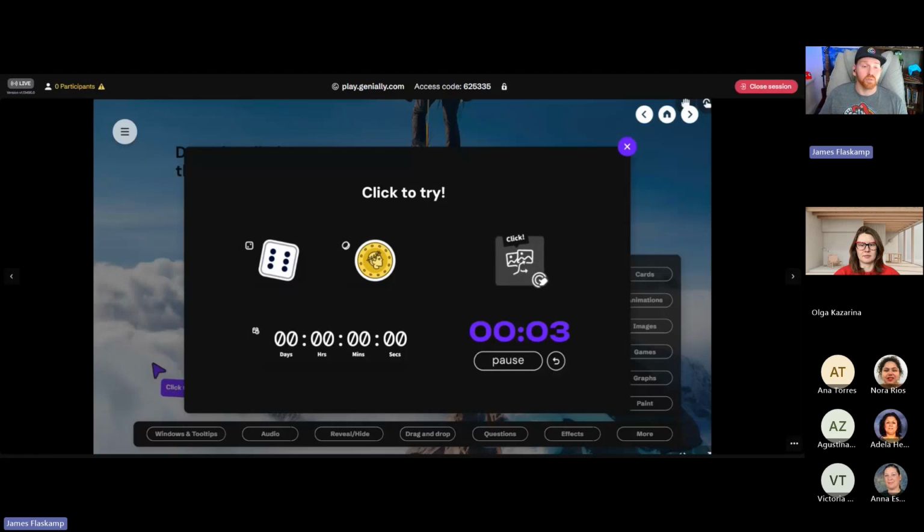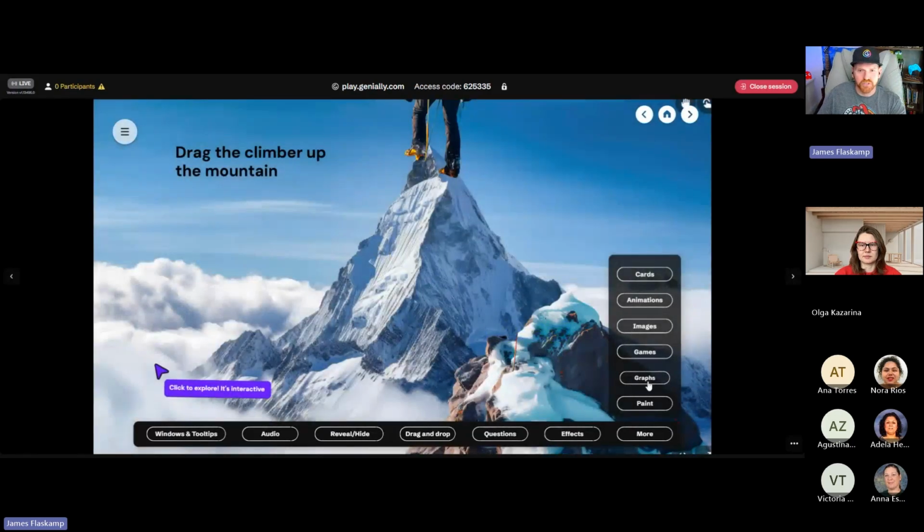Gamification is huge with our tool. I don't think there's any tool out there that can gamify the same way that Genially can. I mean, the interactivity is through the roof, and then we also provide a lot of things like what you're seeing on the screen. These are called widgets that we provide in our tool for you to be able to add gamification elements in, like a rolling die or a flip of a coin, a countdown timer, a random draw of something, right? We have all of these different widgets available for you as well to use.